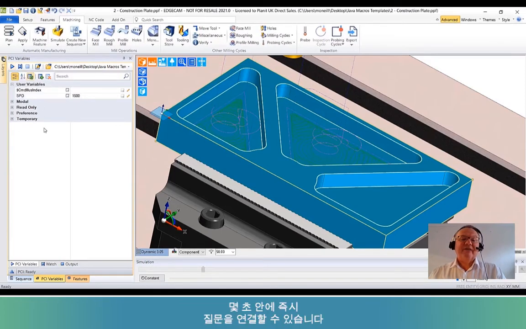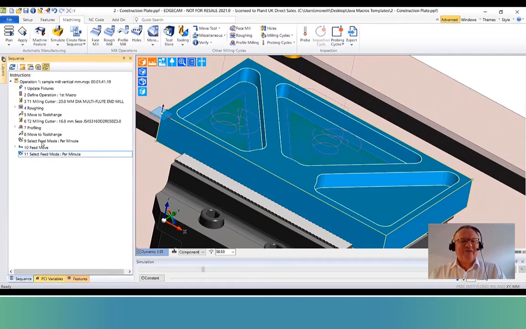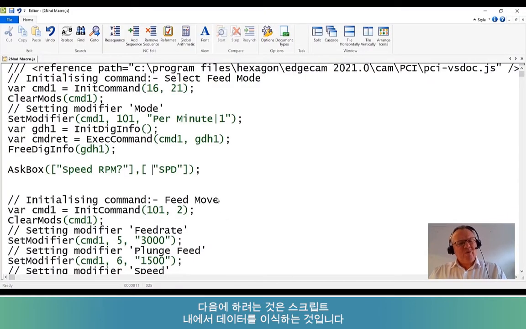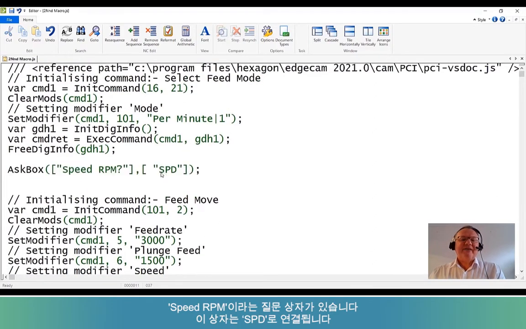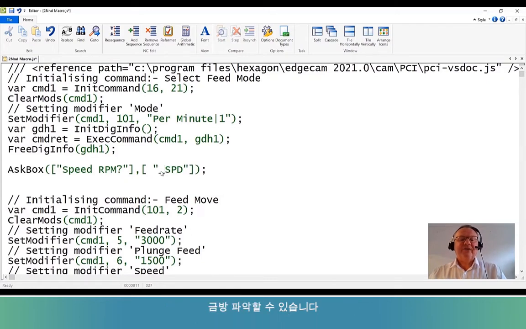So within seconds we straight away begin to make a connection between ask a question. Now I can see that the fruit of my labor, it's inside the variable window. What we probably want to do next is begin to transplant that data inside our script. So there's the ask box, speed RPM, it's been supplied to SPD. Little bit of knowledge, if you put _int